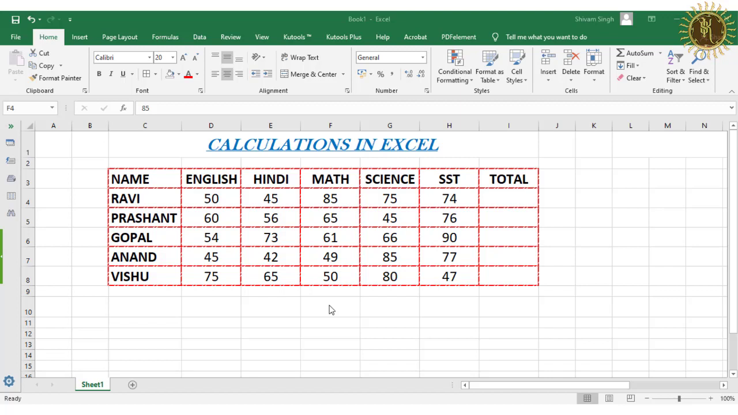So now the next is calculations in Excel. In Excel we can do every type of calculation without using any calculator. So let us see how to do the calculations in Excel. To make Excel understand that you want to do a calculation, whatever type of calculation it is,